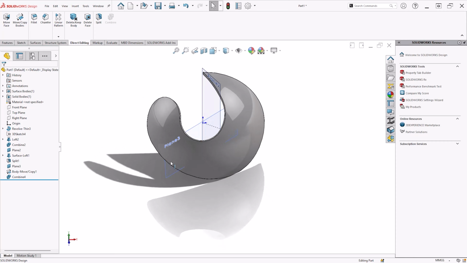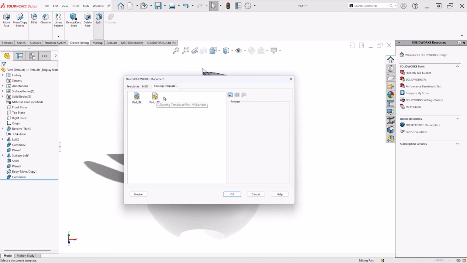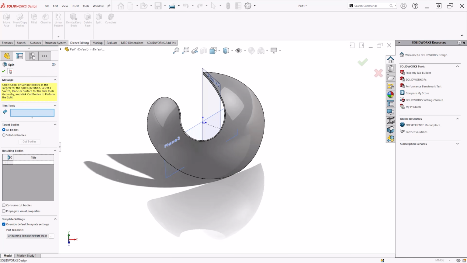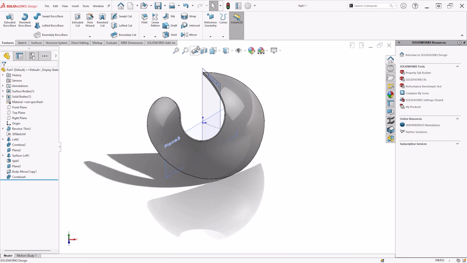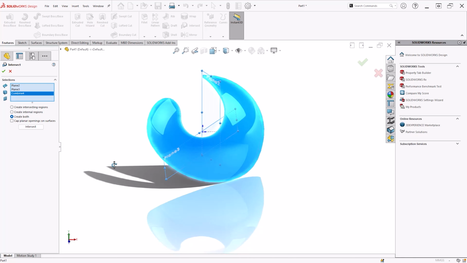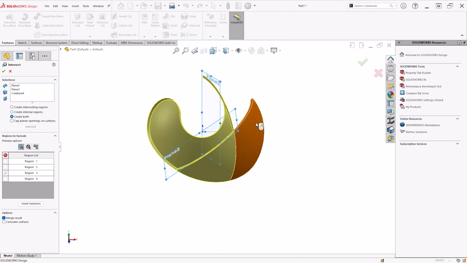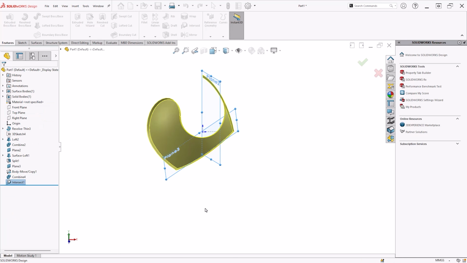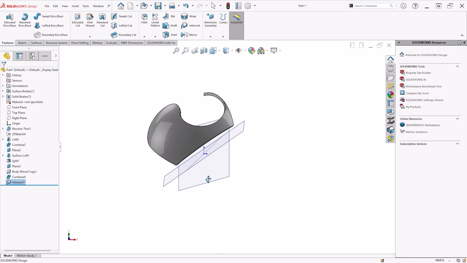And so now I have one bit, so I need to turn that into a third of my face again. Here I could use the split command, or if we just cancel our way out of there, another option could be intersect, where I can choose all of this. So I can choose the planes, I can hit intersect, and then I can just get rid of the bits I don't want. Like so.